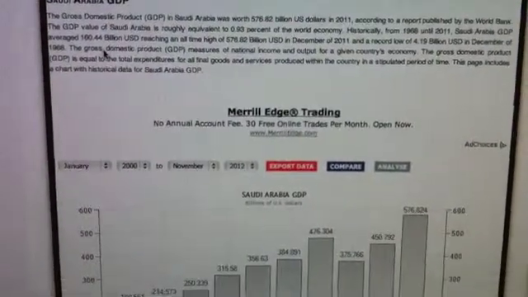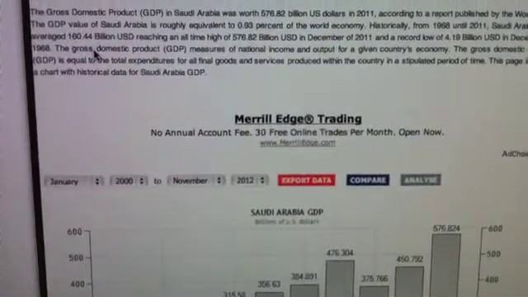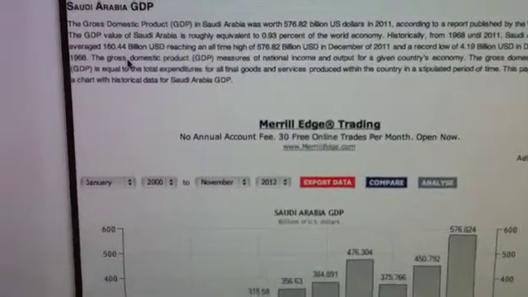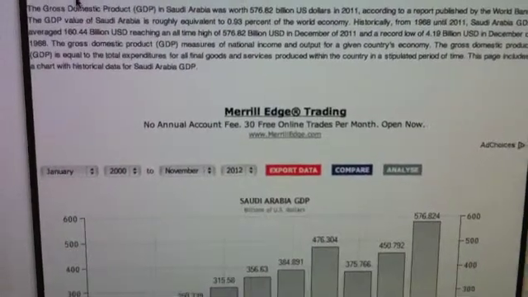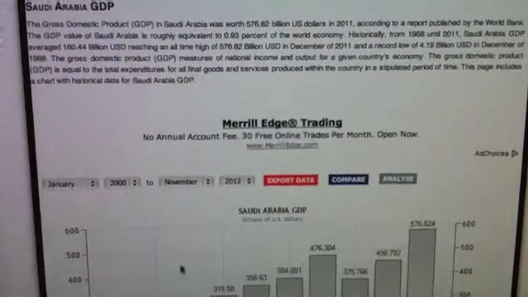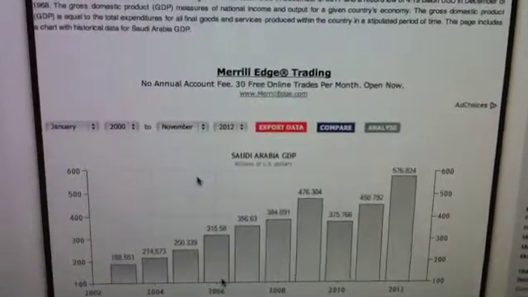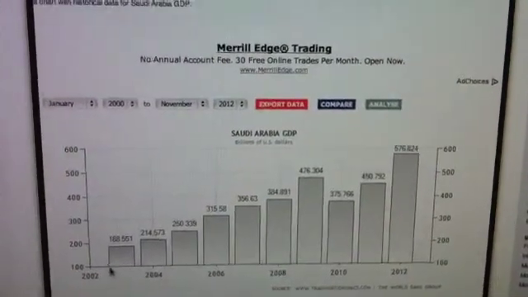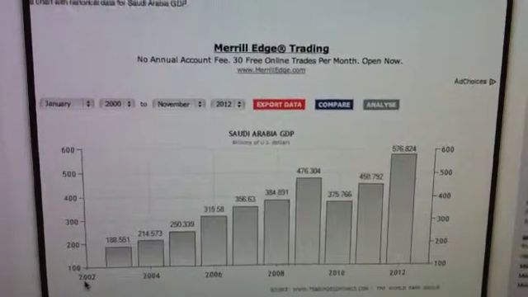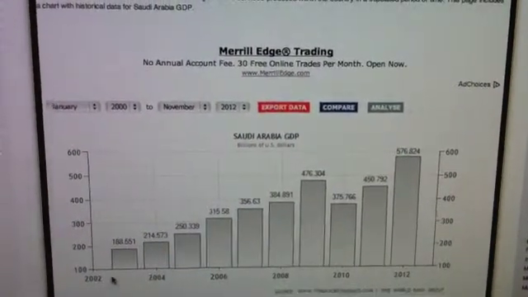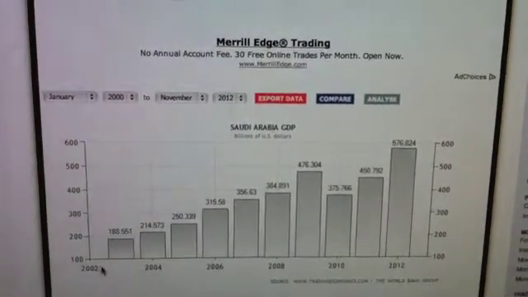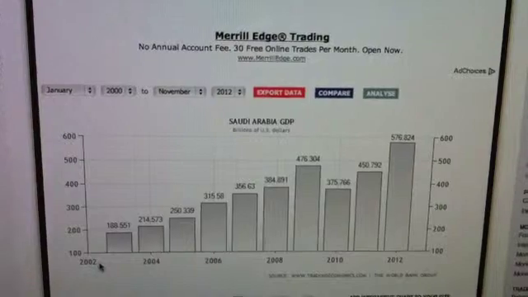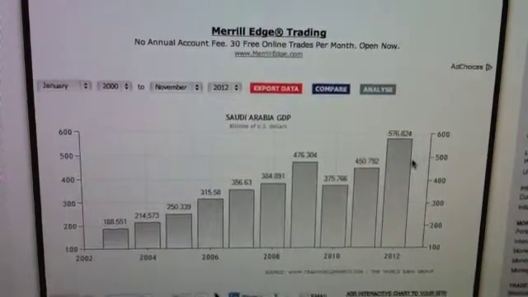Before us, we're actually observing Saudi Arabia right now. As we can tell, there is a different tier. Gross national income is what we established as a developed or undeveloped country previously. Now we're observing the GDP, which is the gross domestic product. As we can tell, there's a little bit more fluctuation here than Colombia has. As we can tell from 2003, no longer 2002, take a note to that as well, that there's a little bit more fluctuation. Obviously, it's increasing drastically as well, from approximately 190 all the way into a little bit under